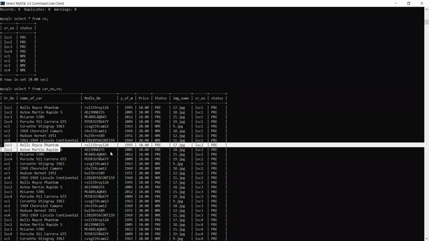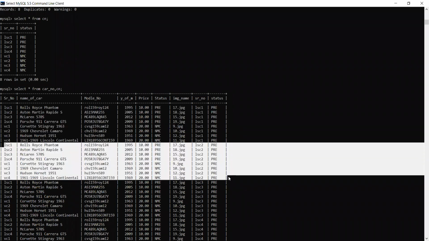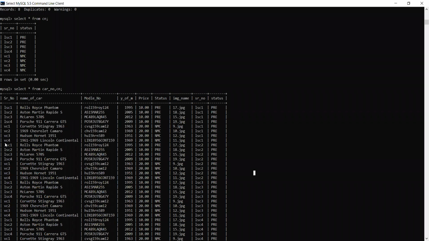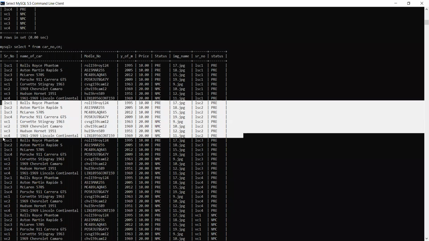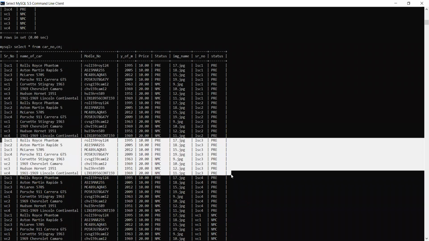Then the next 8: the second table's second row has been multiplied with all rows of the first table. You should know how it is coming. Then again the same thing: LSC3 and pre have been multiplied with all the rows of the first table. So this is how it is working. Anyone any doubt about what a cross join or Cartesian product is?